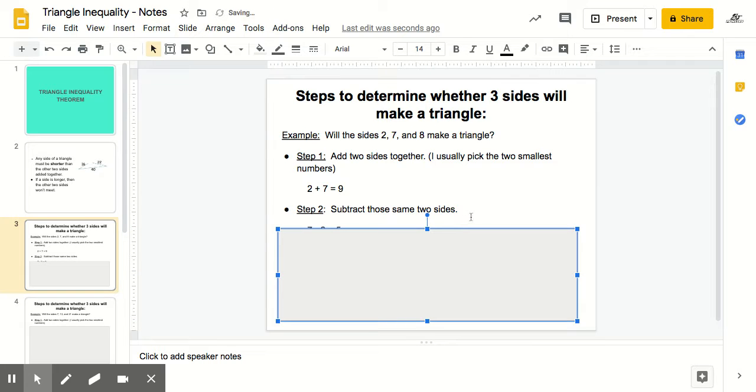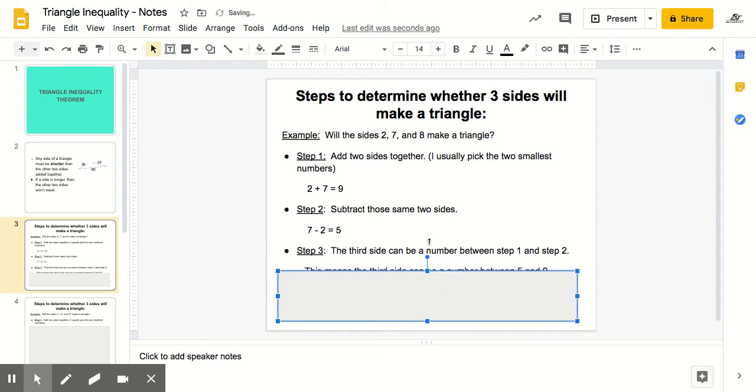Step two is to now subtract those same two sides. So we added together 2 and 7. Now we're going to subtract 7 minus 2. Make sure you put the larger number first just so you don't get a negative. Okay, so now those are our first two steps. So we have step one is 9 and step two we got 5, which brings us to our final step,